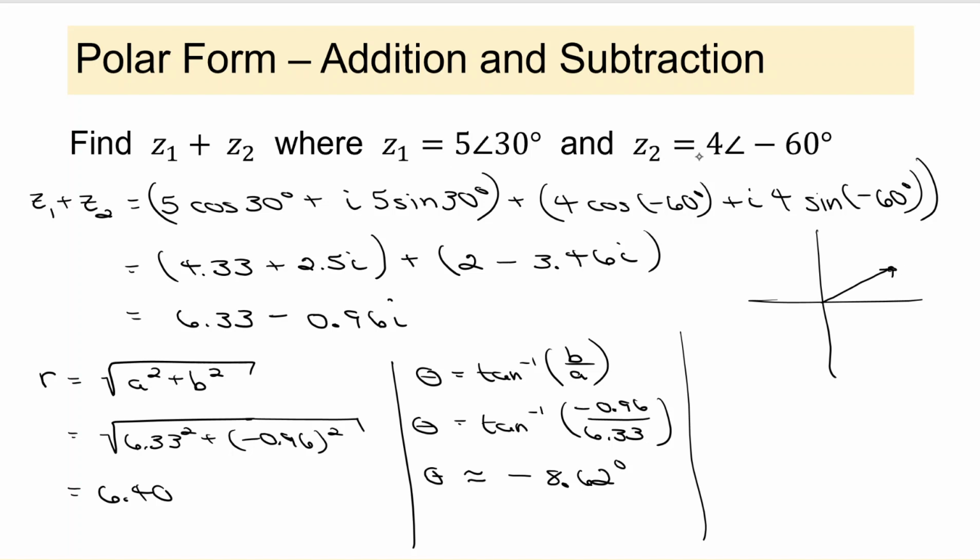And then Z2 is negative 60 degrees for my angle, and 4. Okay, so let's pretend that that's getting us to Z2. So if I think about what the resultant vector is going to be here,